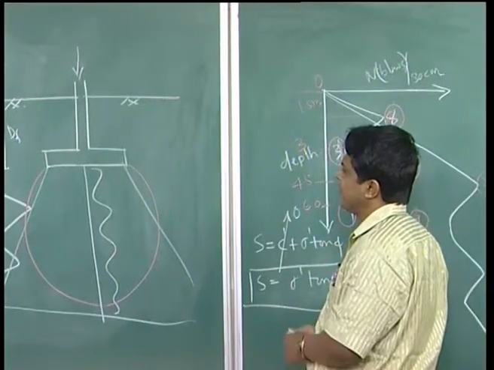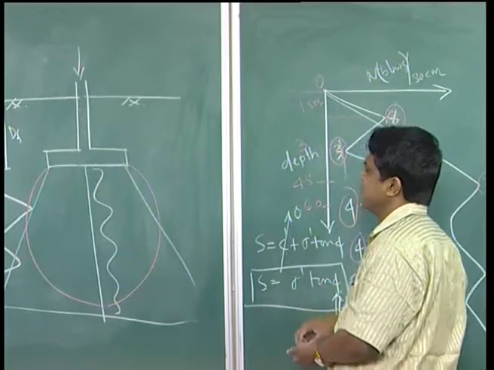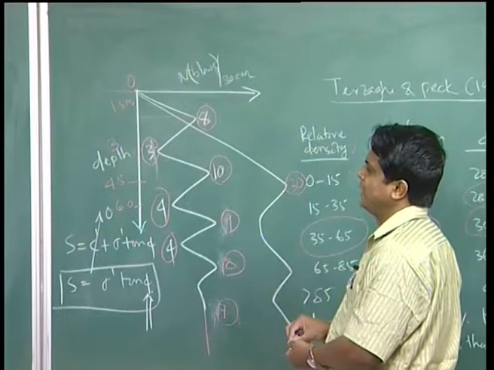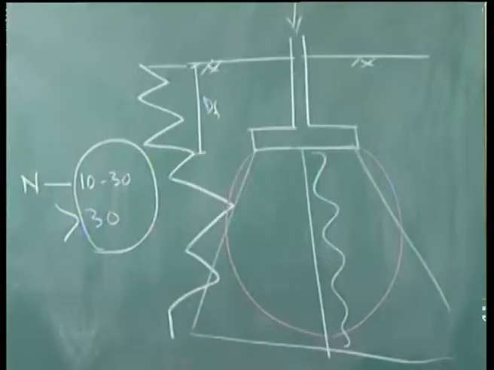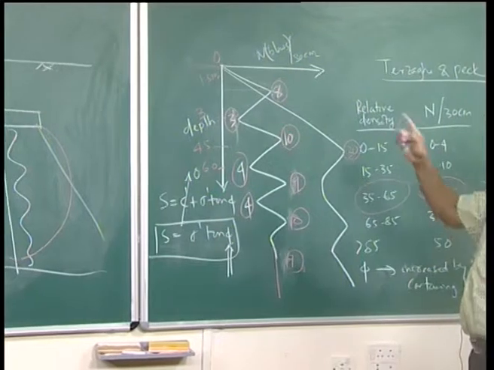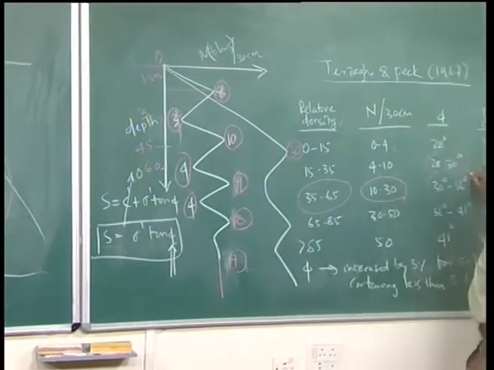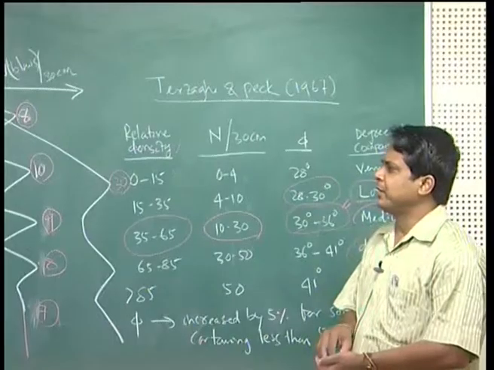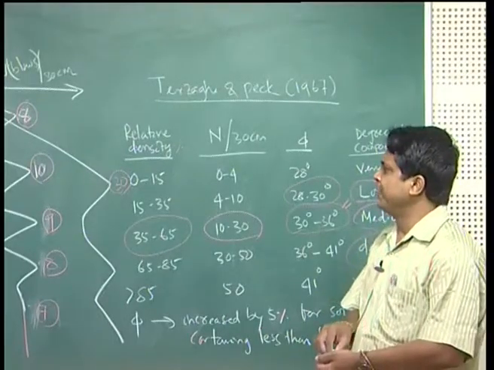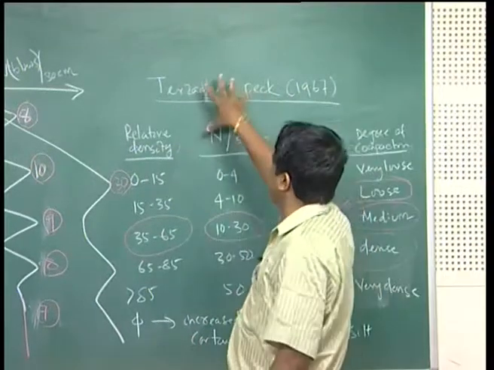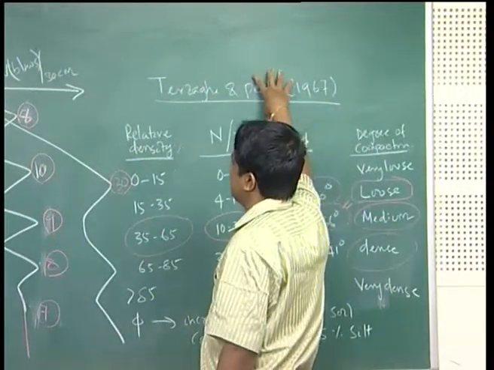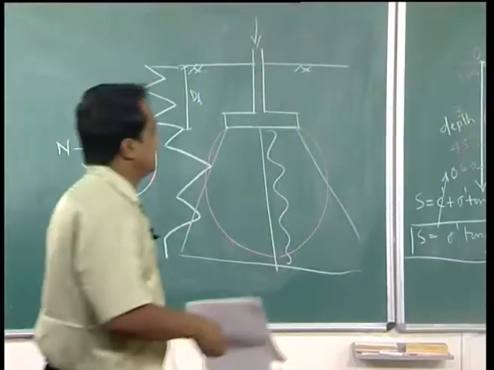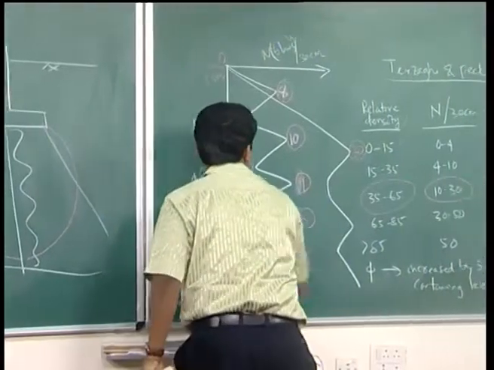So, this is an important parameter for design consideration of foundations in cohesionless soil. For foundations in cohesionless soil, from the N value you can get your phi. No need to go for a laboratory test, you can get the phi value from the N value. This is the correlation given by Terzaghi and Peck, 1967, for cohesionless soil. Similarly, for cohesive soil,